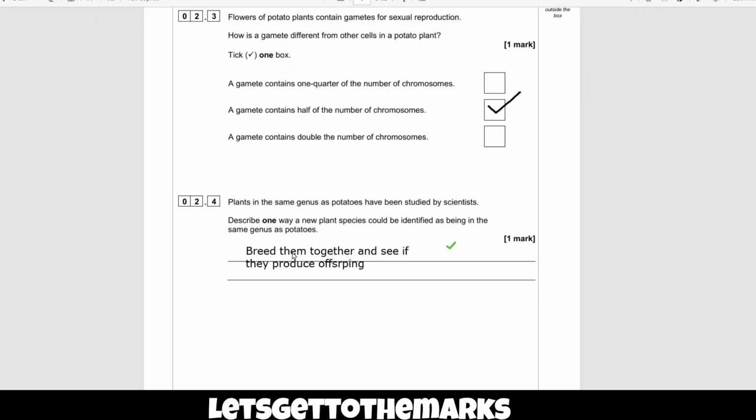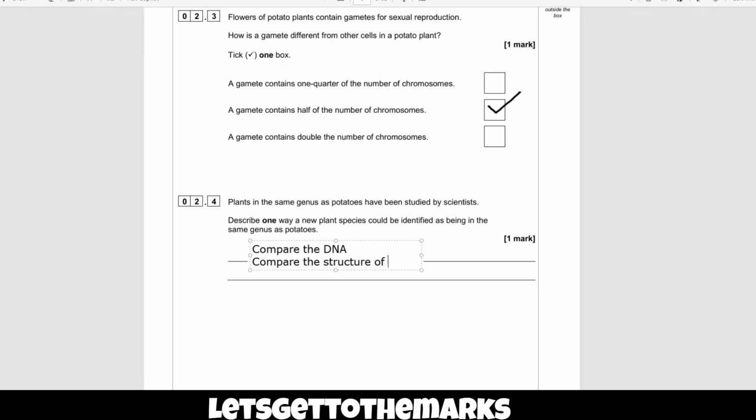Now, actually, thinking about this, I'm not sure if breeding them together will be on the mark scheme. They normally want you to say breed together to produce fertile offspring for the same species. Genus is a little bit of a broader group. You could be in the same genus and not produce any offspring. So that isn't a definite answer. I would go for what I was saying before, which is compare the DNA. Or we could say compare the